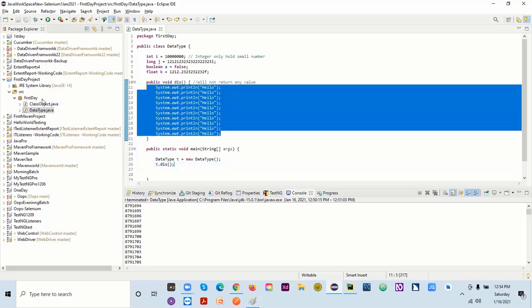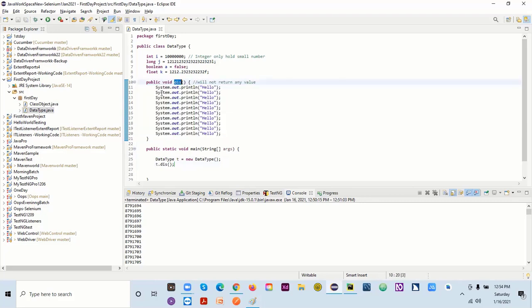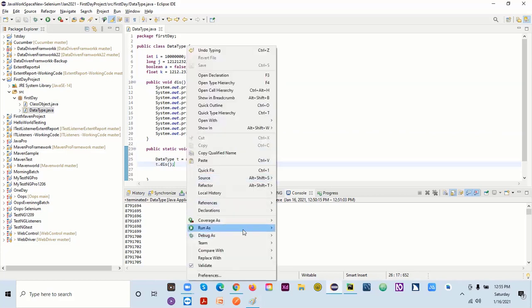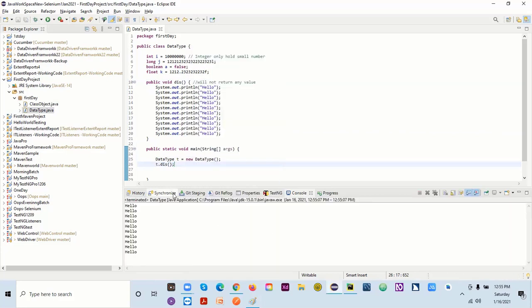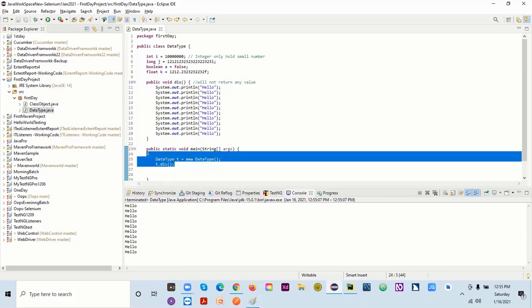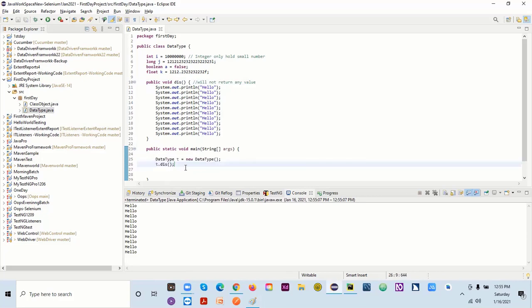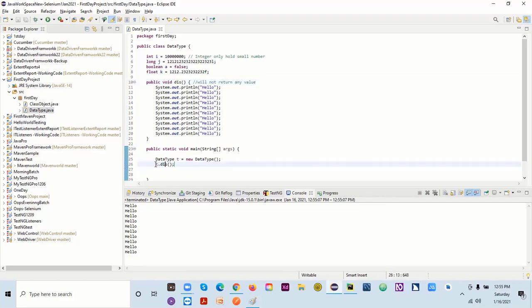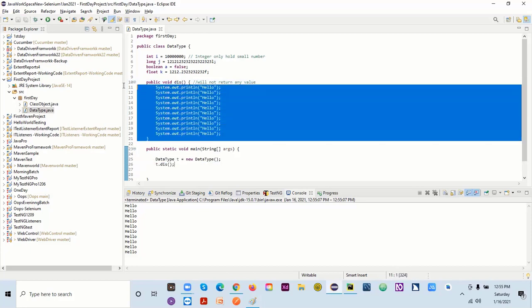Suppose I have multiple classes here and I want to write hello in every class. It's not a good idea to go and write hello there every time. I can just have one method where I write hello. Whatever condition, whatever operation I want to do, I can do in that method, and I can simply call it, and it will work for me. Unnecessarily, why should I write hello for every class, right? This is the good way. You can directly call this method. I'm just writing display, using a reference variable, and it's calling. But this is not returning any value.